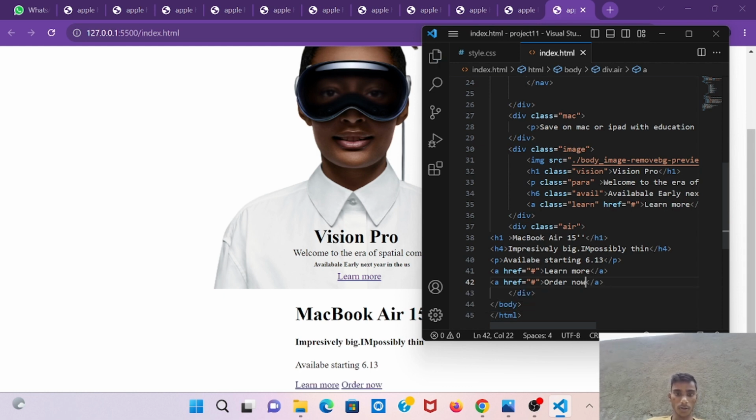You can see I want some space between these, so I'm using a class name